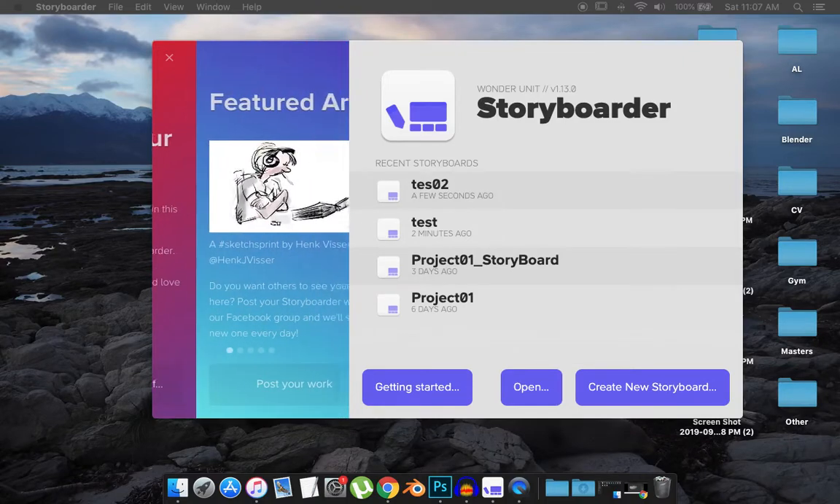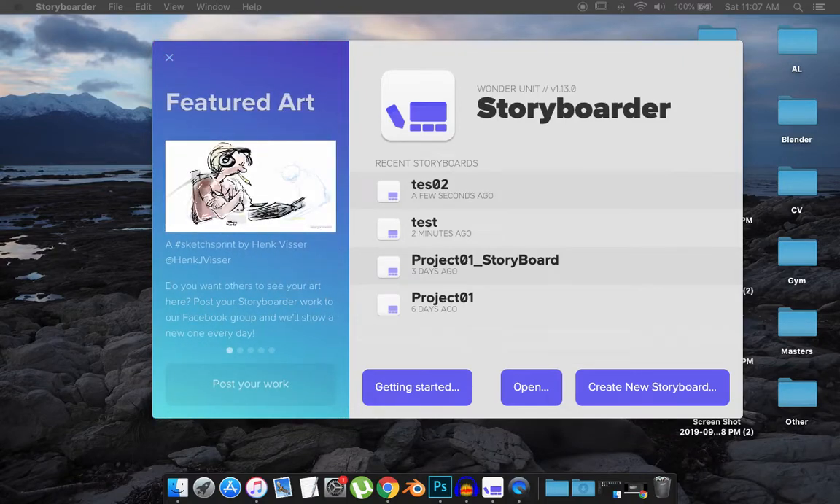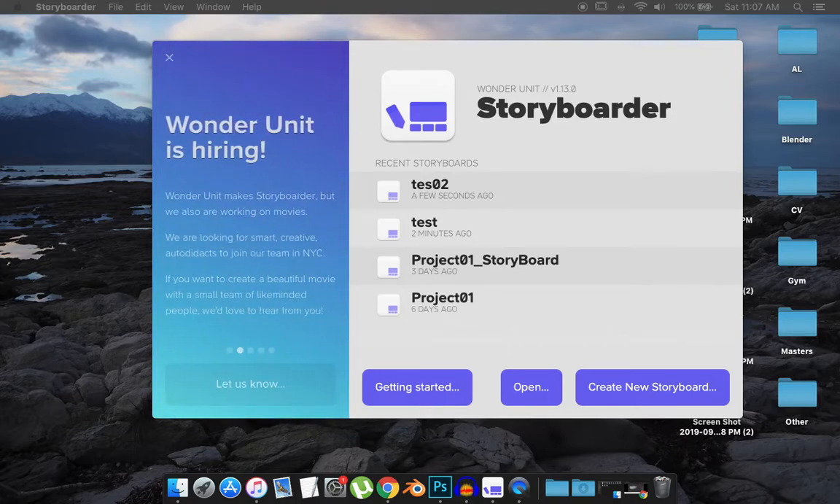Hey guys, here's a short tutorial for you on how to do a storyboard. If you aren't that good at drawing like me, this is a very good tutorial for you, so let's get